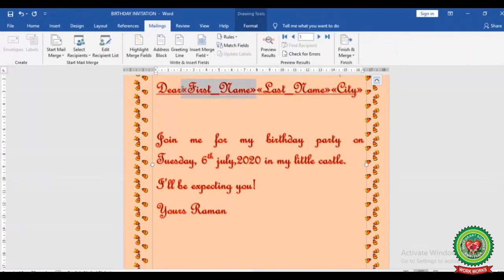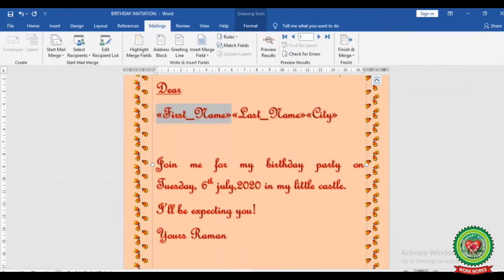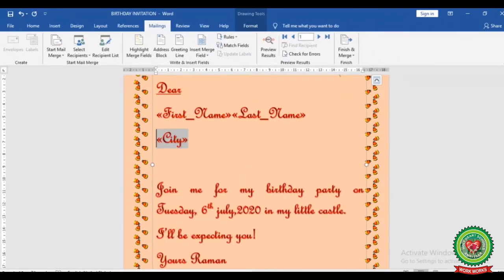Then press the Enter key from your keyboard. Here you will see the fields will come in the new line. Now again, place your cursor before the field that you want to bring down and press the Enter key. Here you can see now all the fields have been separated.